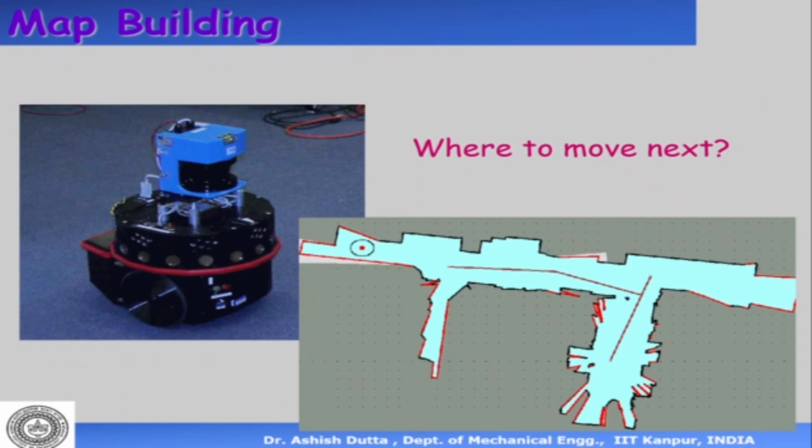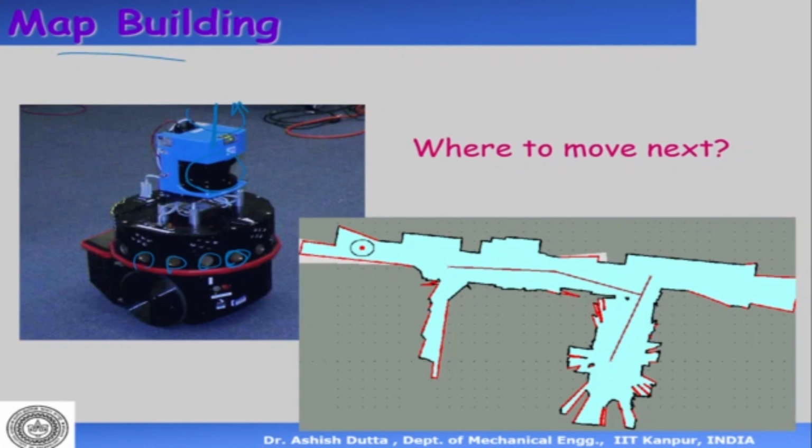For example, exploration. A mobile robot like this has ultrasonic sensors in front. These ultrasonic sensors can sense the distance, and this is a LiDAR, so it's a line laser. When it is going along, this one can rotate about this axis by 360 degrees. When it is traversing, it can see where the walls are, and as it is moving, it can build its map. So for example, map building inside